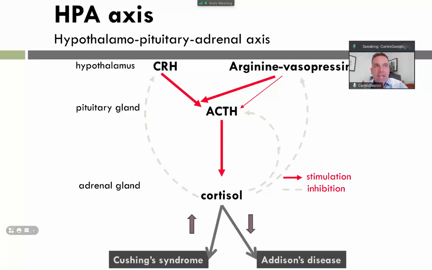As you will see next week, deficiencies in cortisol level produce two types of conditions. One is Cushing's syndrome, the other Addison's. Cushing's is where too much cortisol is produced, and Addison's is where less cortisol is produced. This is extremely important because the adrenal gland, as you will see next week, also regulates lots of different functions